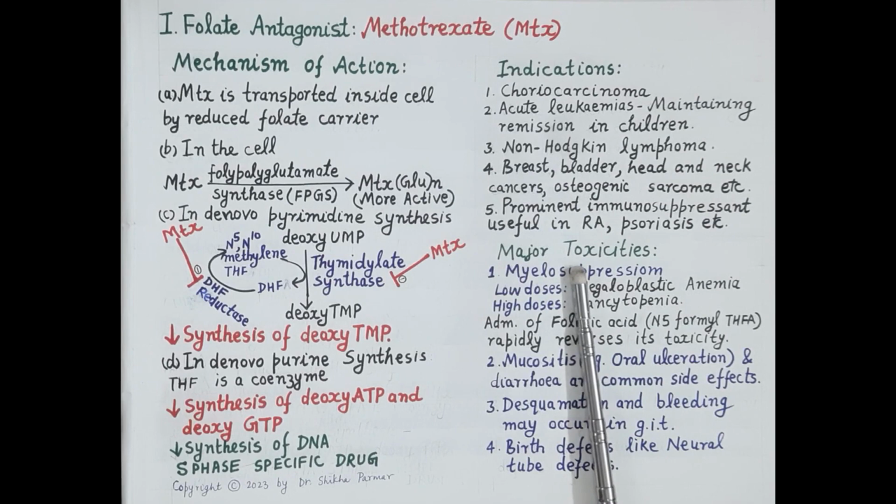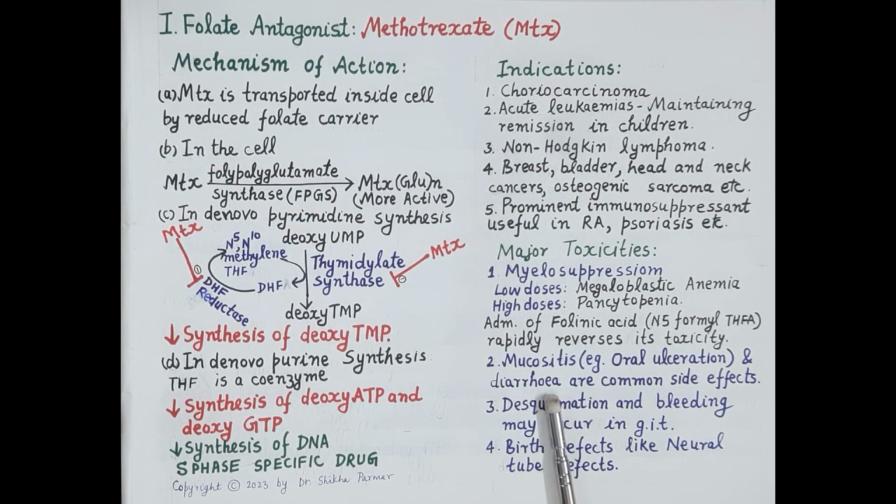Then major toxicities of methotrexate: it causes myelosuppression, that is bone marrow suppression. Low doses given repeatedly cause megaloblastic anemia, while high doses produce pancytopenia, causing decreased count of red blood cells, white blood cells and platelets due to folate deficiency. Now, leucovorin or folinic acid, that is N5-formyl tetrahydrofolic acid, can be given with the methotrexate to reduce the severity of myelosuppression. Another major adverse effect is mucositis, that is inflammation of mucosa that can cause oral ulceration and